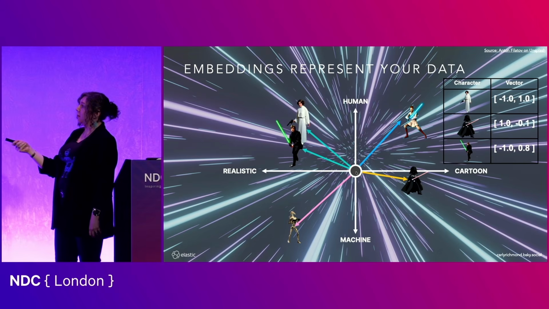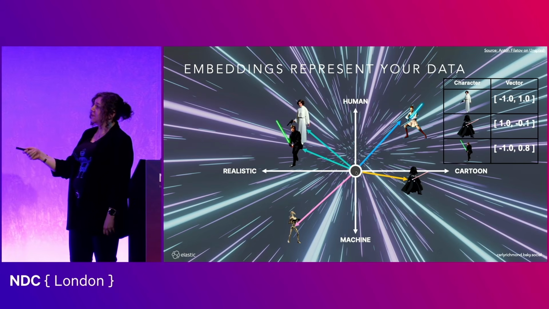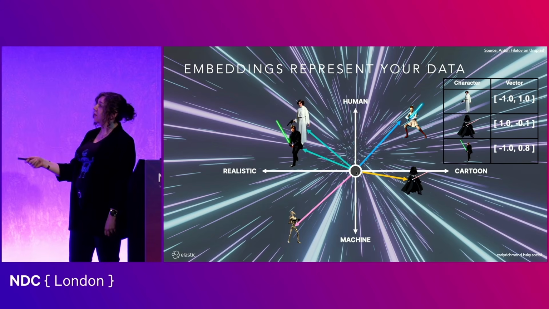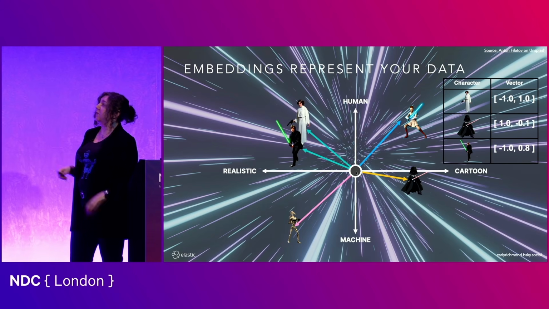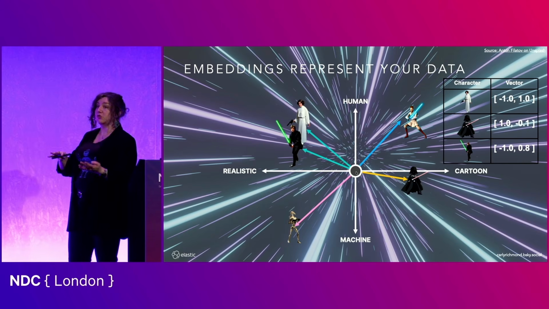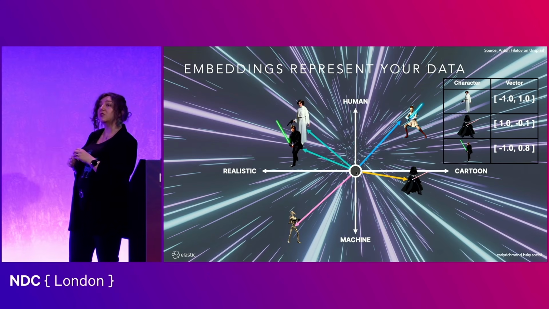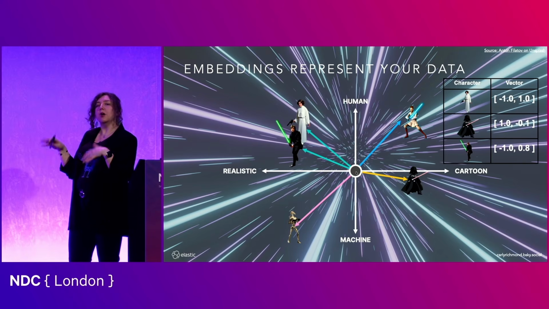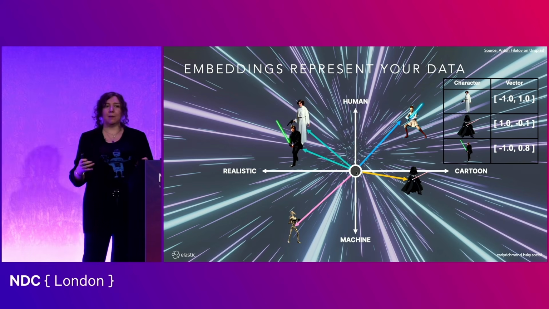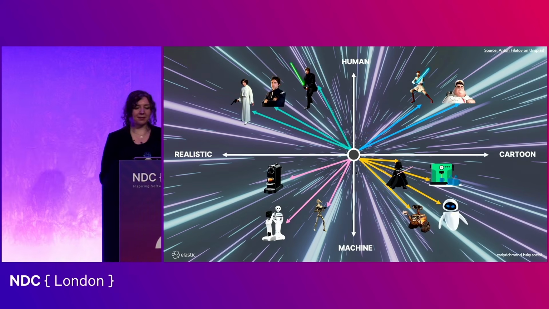So if you look at this example here, we've got the notion of realism as one dimension, if you will, and then humanity being the other. So if I take this cartoon Vader as an example, obviously he's cartoon, so he's not going to be on the realistic side, so he's going to lean towards the cartoon edge of the dimension. So we'll have a stronger intensity there. But given he's also more machine now than man because of all the parts that have been added on, he's leaning away from human into more of the machine side. So that obviously impacts where they are in terms of positioning.